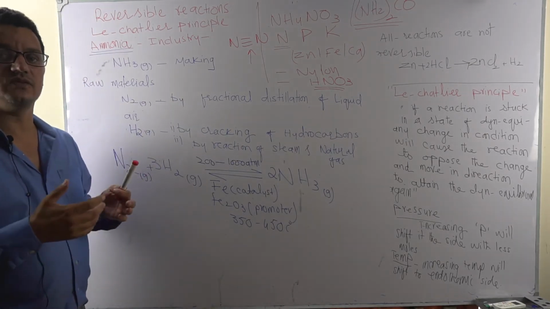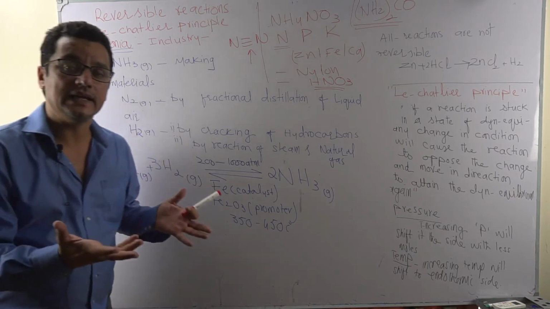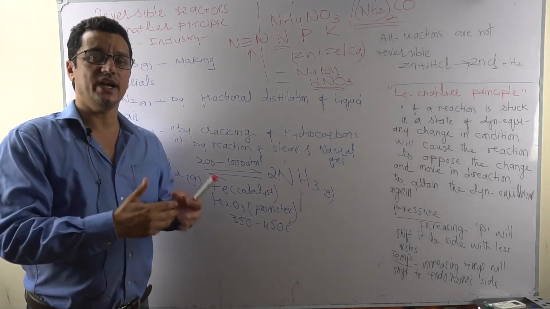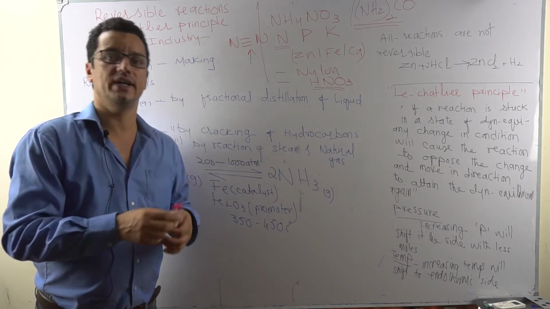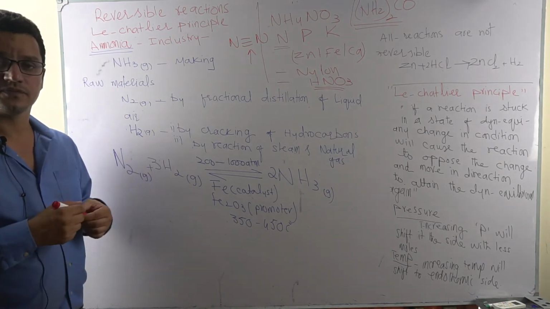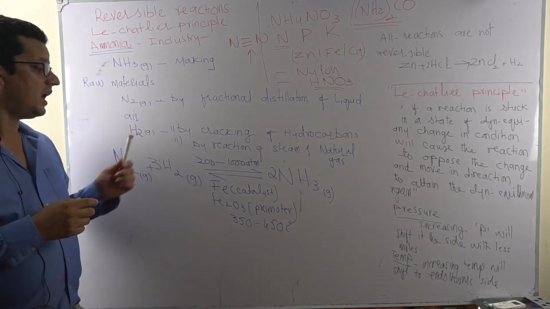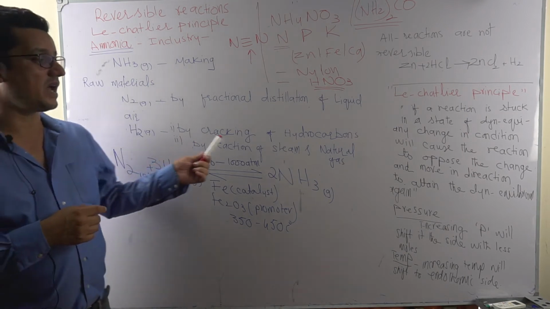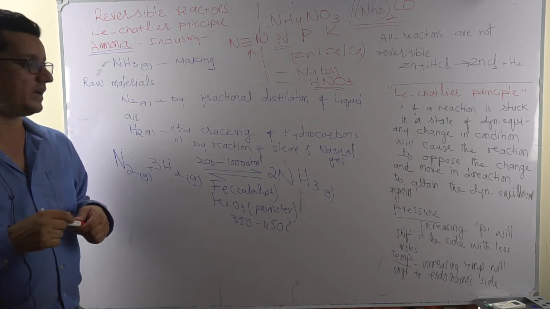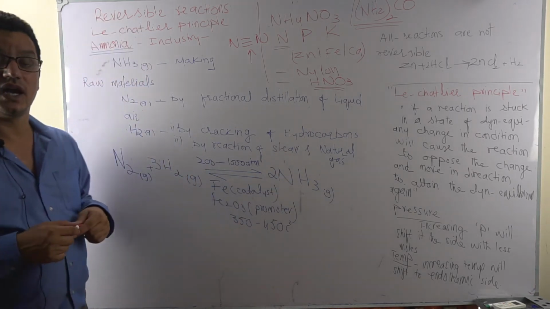That is the process. Air is first stripped of carbon dioxide and water so the compressor never gets blocked, and then the air is cooled and liquefied, to minus 200 and beyond, and when it is heated, nitrogen starts oozing out at minus 196 and is collected in large amounts and supplied all around the world for ammonia industries. That liquid nitrogen is also used as a coolant, a refrigerant. And hydrogen, again another rare thing, is obtained by cracking of hydrocarbons. Cracking of large amounts of hydrocarbons, fossil fuels, yields one byproduct, that is hydrogen. Hydrogen is also produced by the reaction of steam with natural gas.